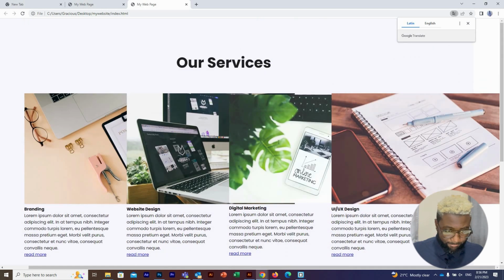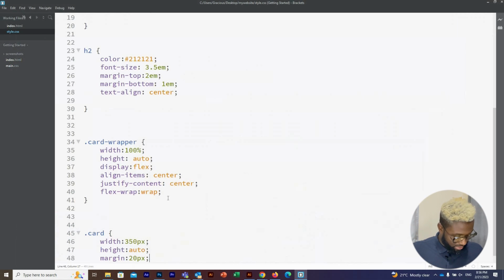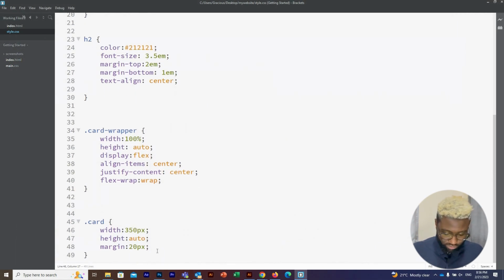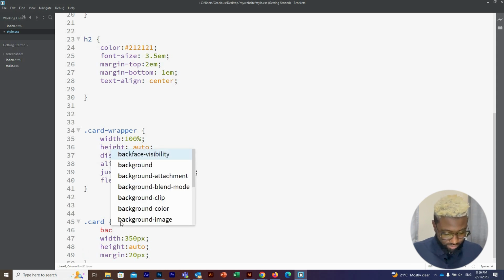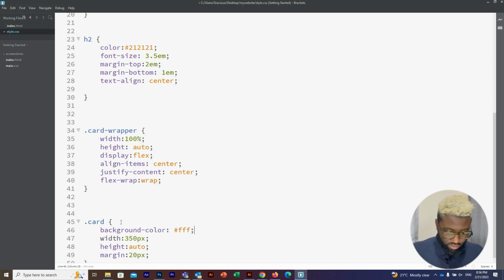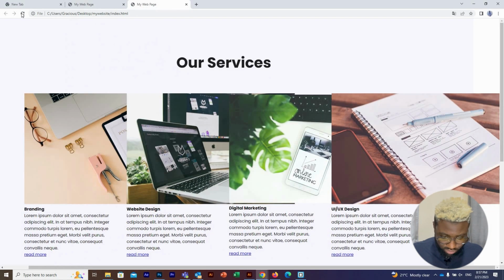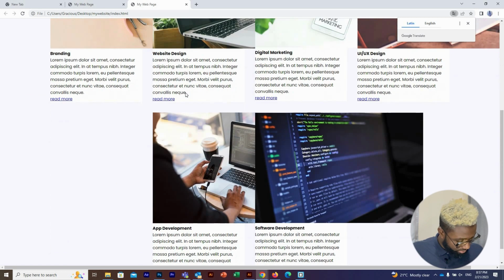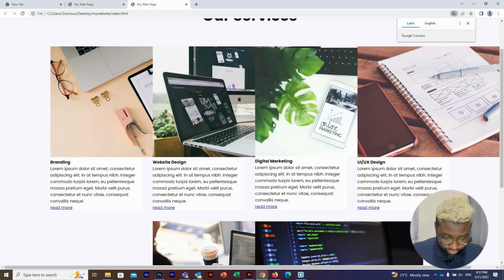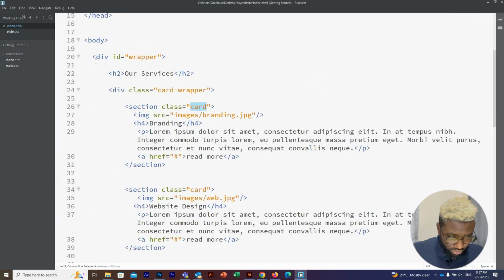So one thing is, let's make the background for the card white. Okay, so let's see what we have here. Okay, and then class wrapper. Okay,